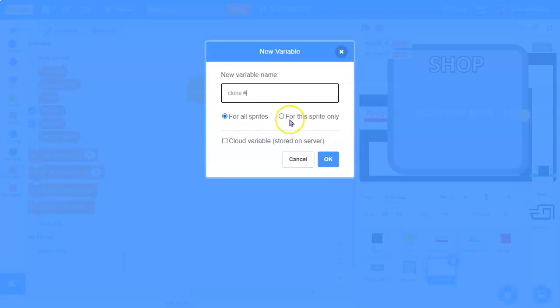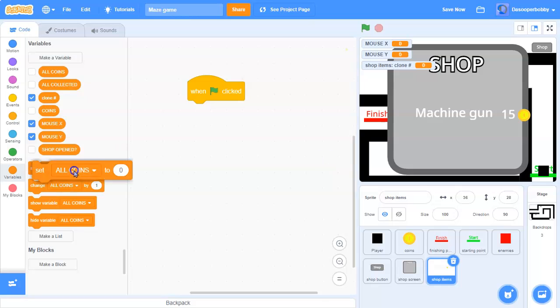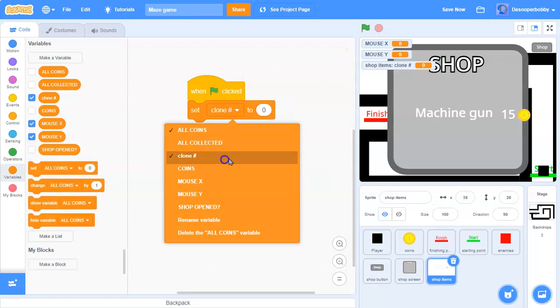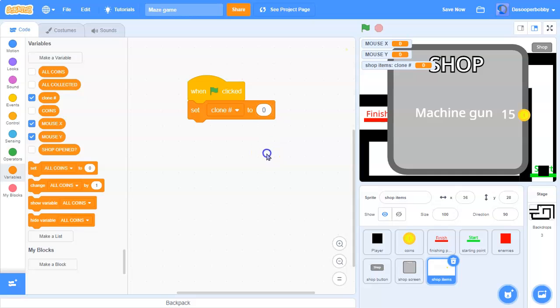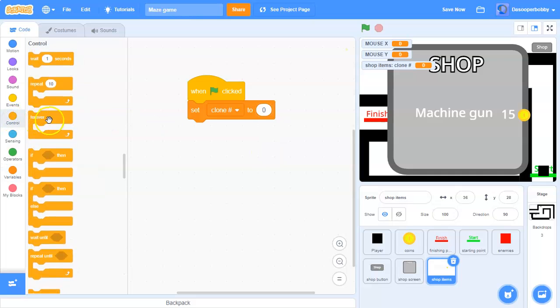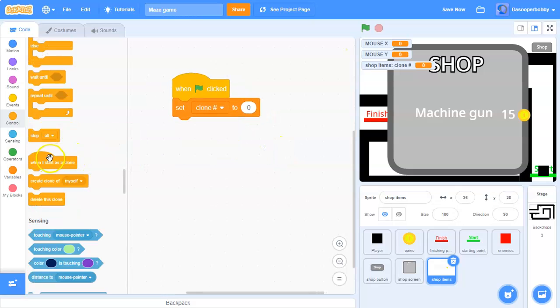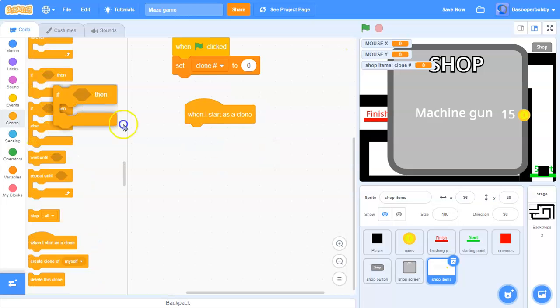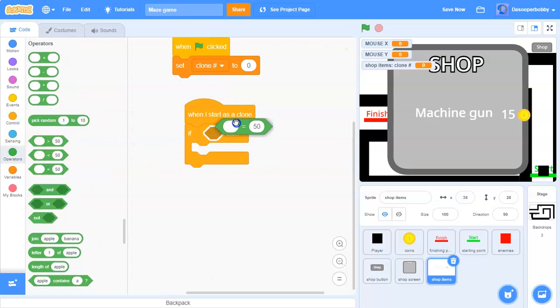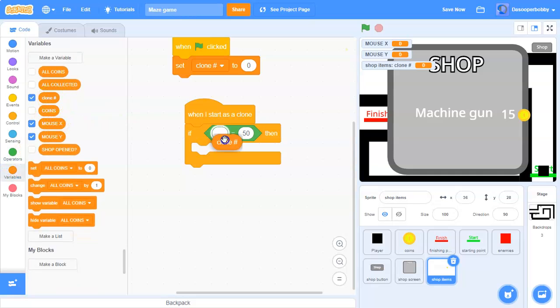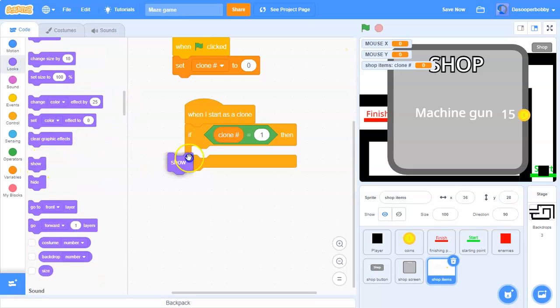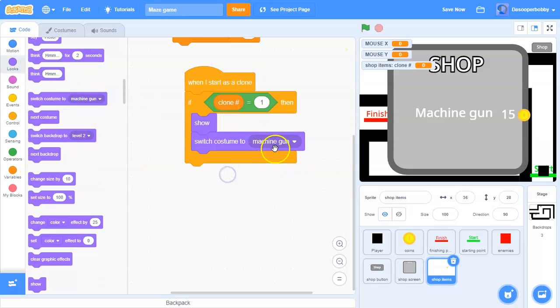Hashtag means number. And I'm going to select for this sprite only. So I'm going to set clone number to 0. And inside of control, I'm going to drag a forever loop. Not a forever loop. I'm going to drag a when I start as a clone and an if statement. And I'm going to check if clone number is equal to 1. Then I'm going to show, switch costume to machine gun or pistol,